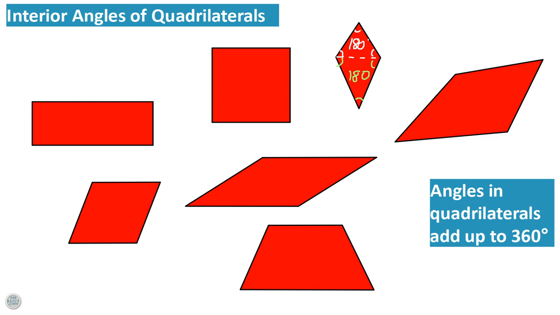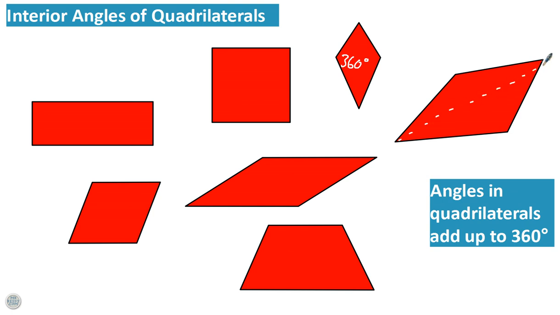And altogether, when you do 180 plus 180, you get 360. So in that case, what we could say is that this kite has an interior angle sum